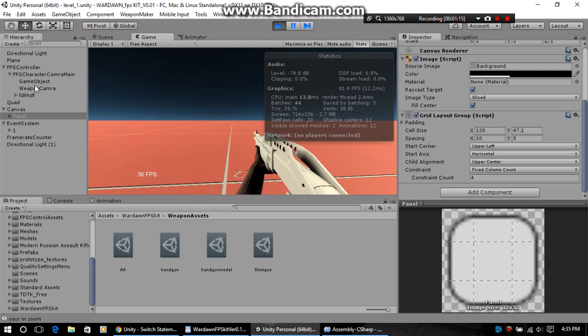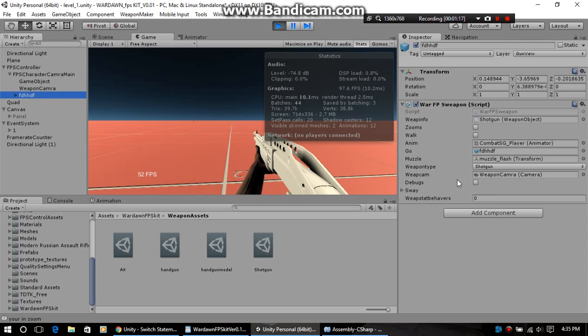See how I had it before? It would quit on you, and now I made this debug right here, and I've changed a lot of this. This looks a lot shorter, which it is. And you just put your muzzle flash right here where it says muzzle,